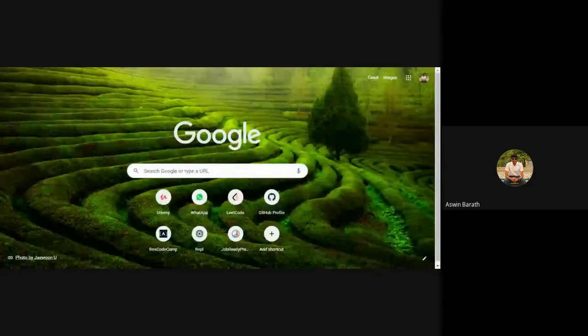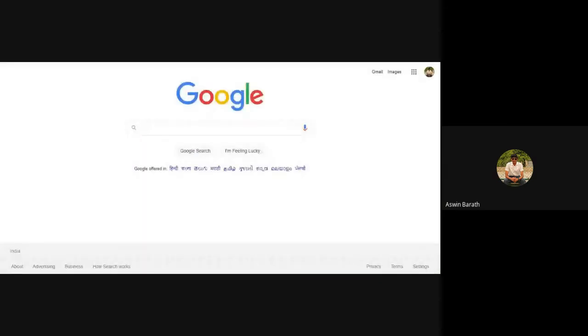So what we saw in this slide is this IP address, right? If I try to enter this IP address instead of google.com, it directly displays it, right? So that's what happens behind the screen.